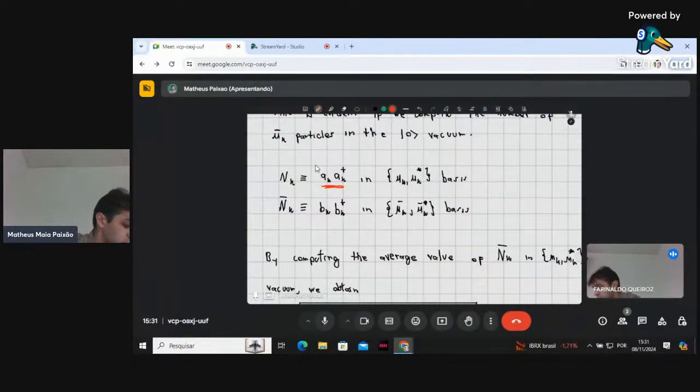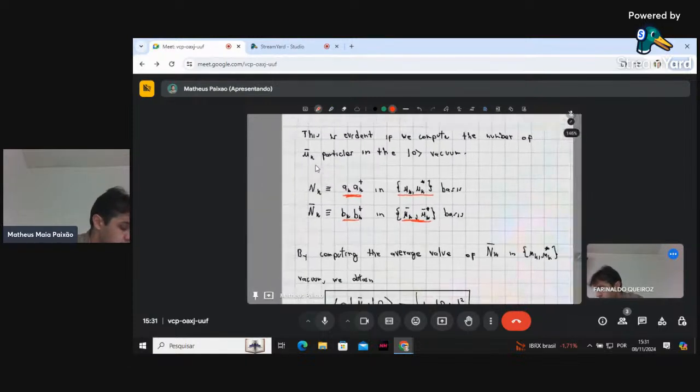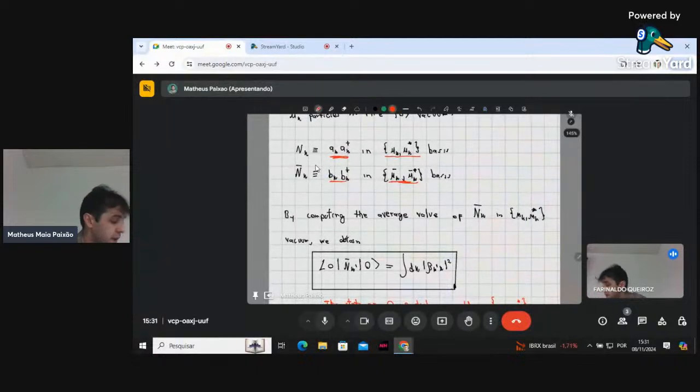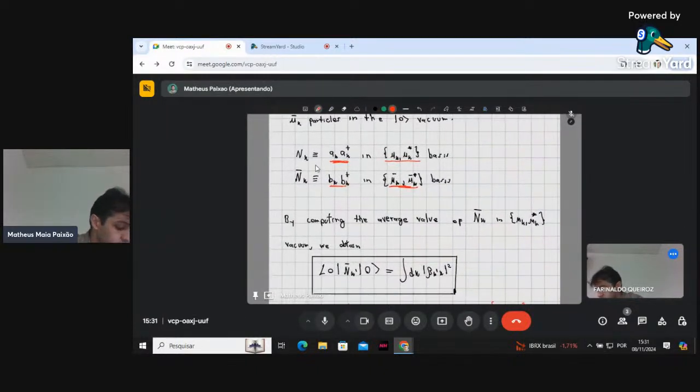I have one definition in my U basis and one definition in my U bar basis. So the question is, if both vacuums are different, I can compute the average value of the number operator defined in the U bar basis, acting on my original